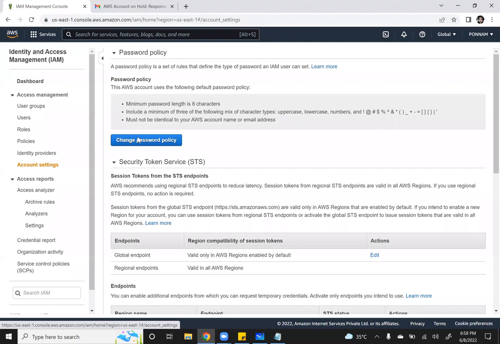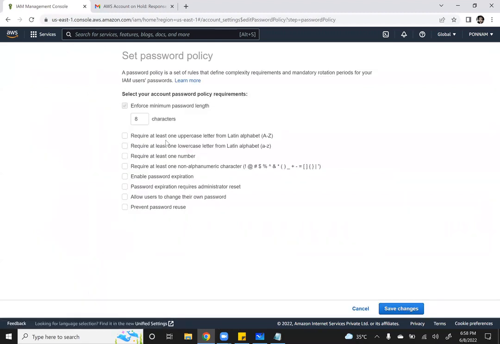Then on the right side, you can see there is one button called change password policy. Click on change password policy. Right now, there is no complex password policy applied on this account. What is the current policy? It is only supporting